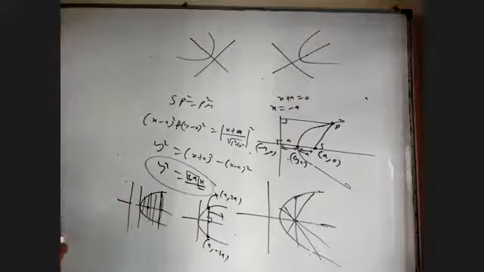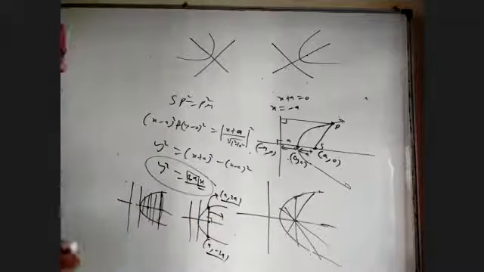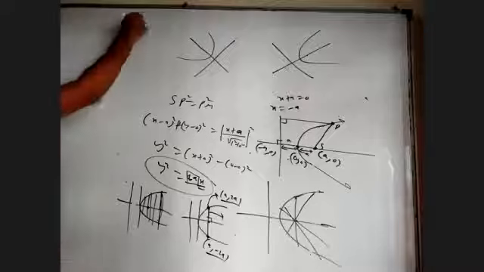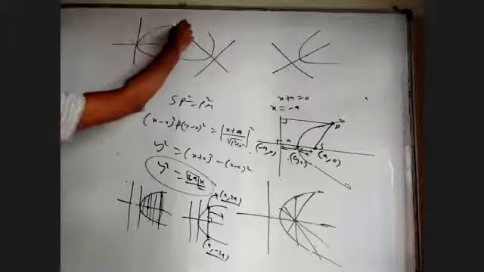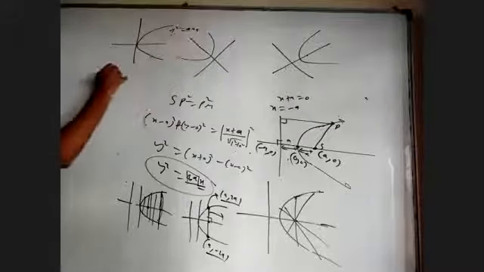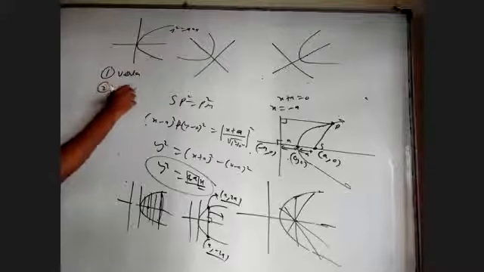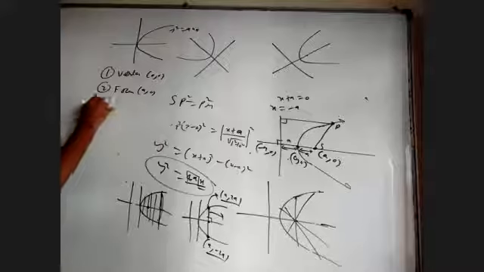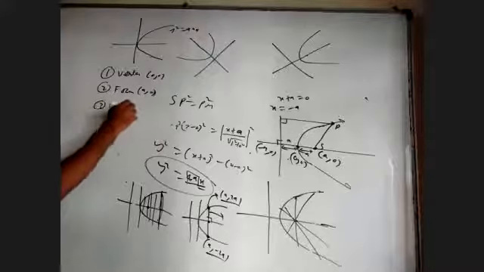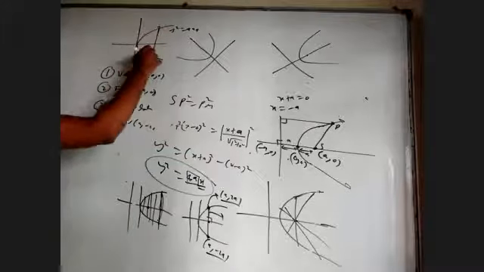Okay. And the ends of the latus rectum are also known, and the directrix is also known. So generally, we write the formulas for a parabola like this. We write the parabola y square equal to 4ax, and write the vertex (0, 0), the focus (a, 0), and the ends of the latus rectum, which are (a, 2a) and (a, minus 2a), that is these 2 points.